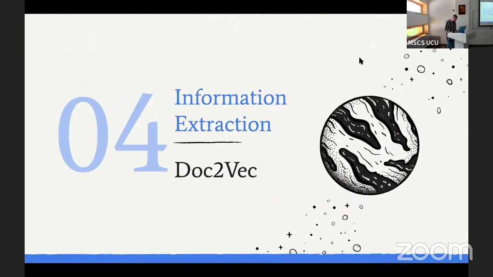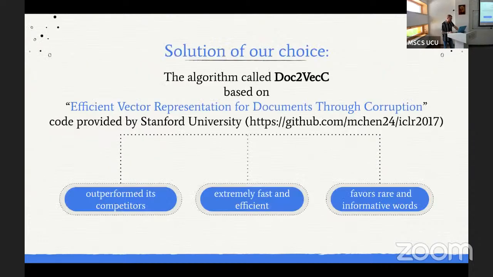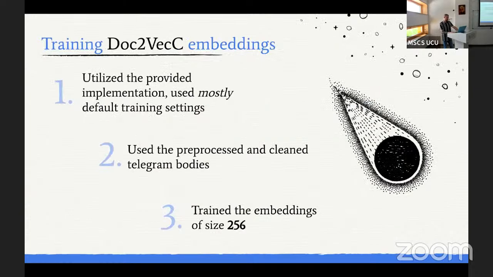So another approach, the subsequent approach that we employed, was Doc2Vec. We need some sort of representation of the whole telegram body for the prediction task. We chose the algorithm called Doc2Vec. It's one of the most powerful algorithms before the large language models era. We employed the implementation provided by Stanford University, and we trained the embeddings of size